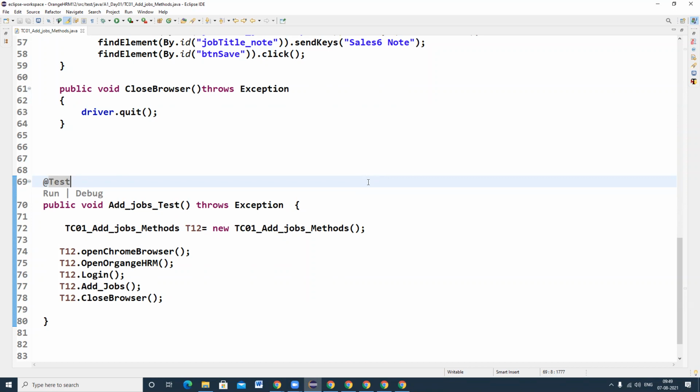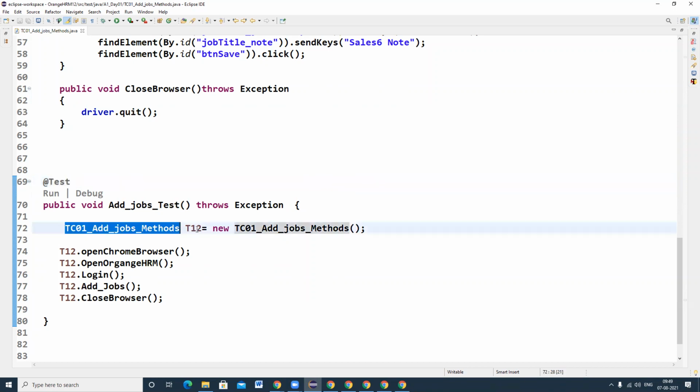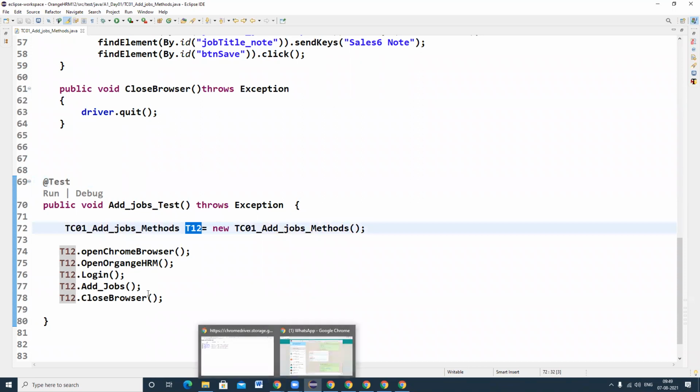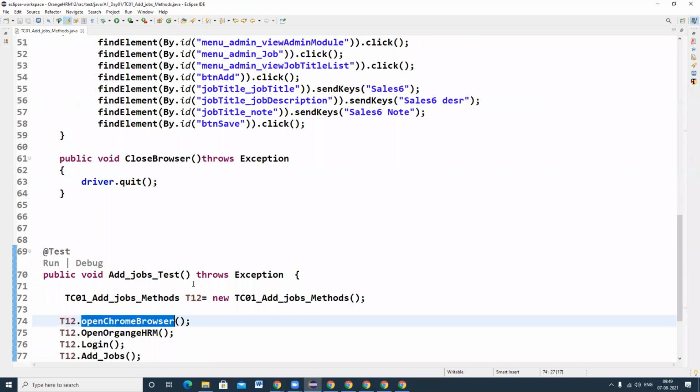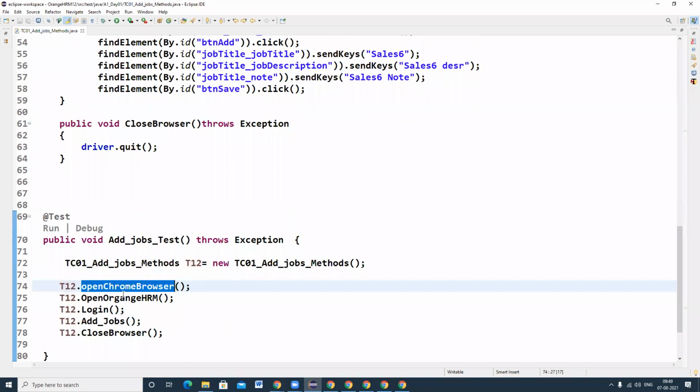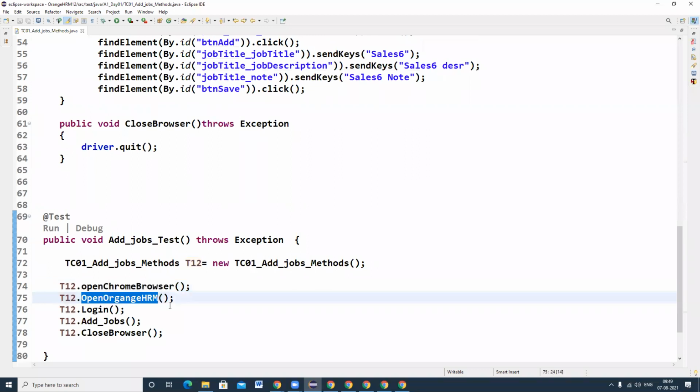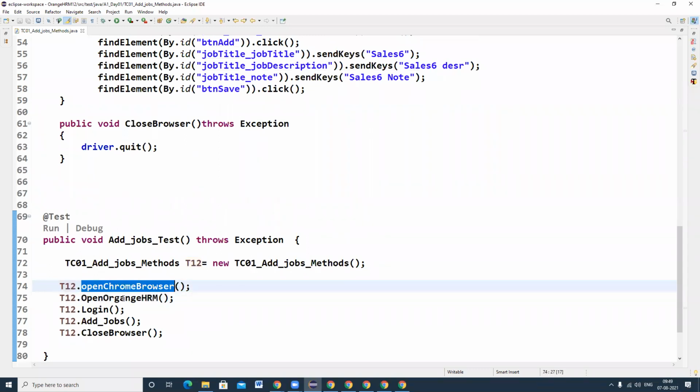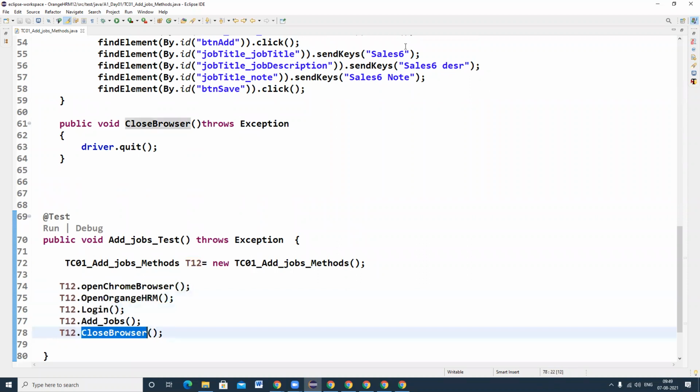Okay, so for the current class, you have to create the object name, whatever name you can give, and object dot method name. So you can call all the required methods as per the flow. So first I want to launch my browser, after that invoking, after that login, after that add jobs and close browser. So let me run my program.